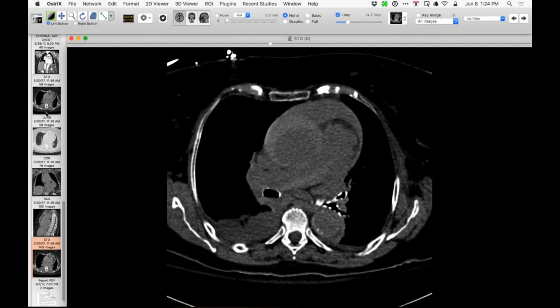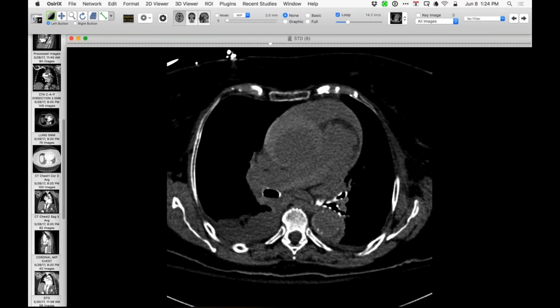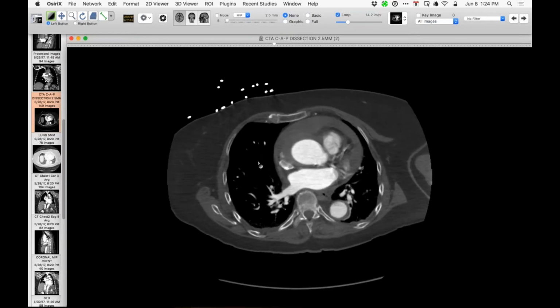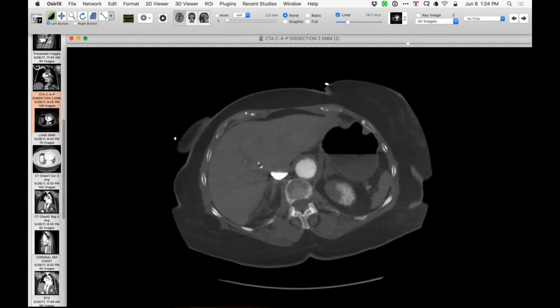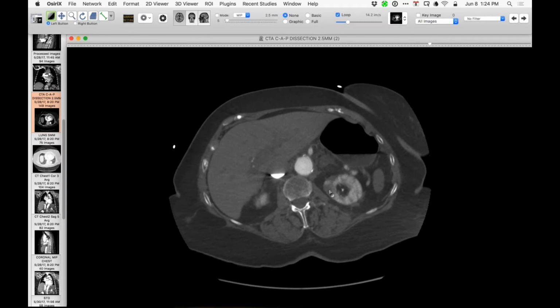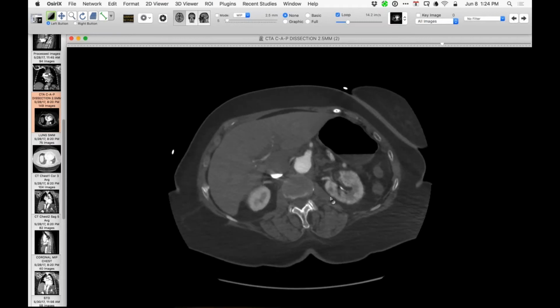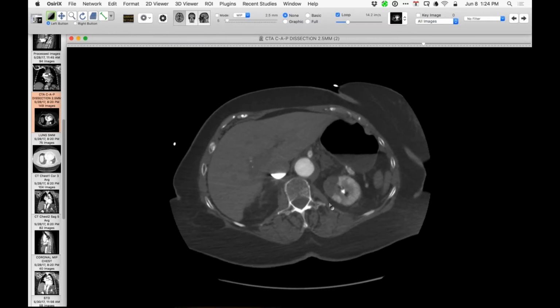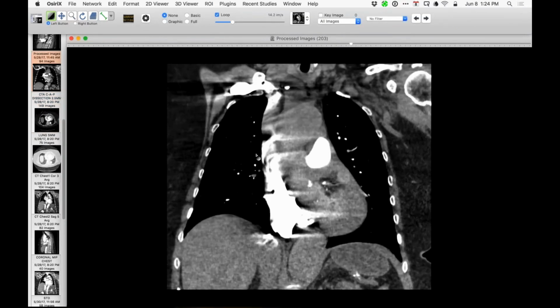And then the other interesting thing was, and I'll show you this in a second, that when she had the CTA at the other hospital, you can see that she's got renal ischemia on this left side, and it's very focal. So I wondered whether she maybe was throwing emboli related to that aortic pathology and getting the left kidney. And then let me show you one other thing related to that. So tell me what you think of